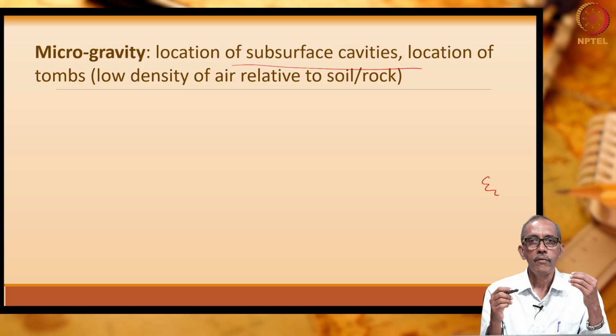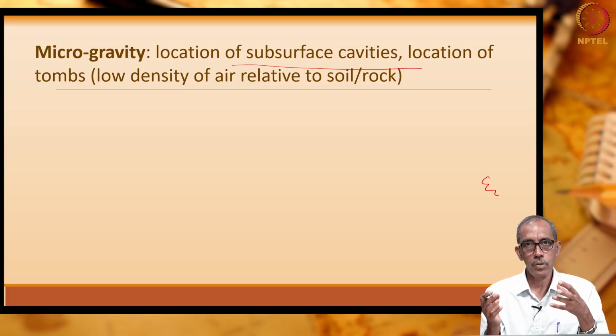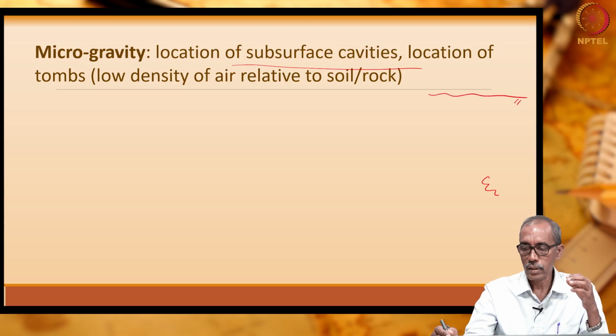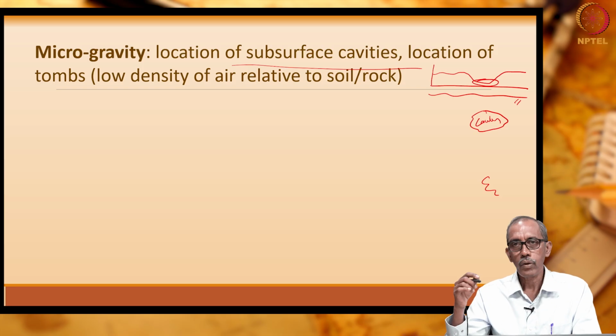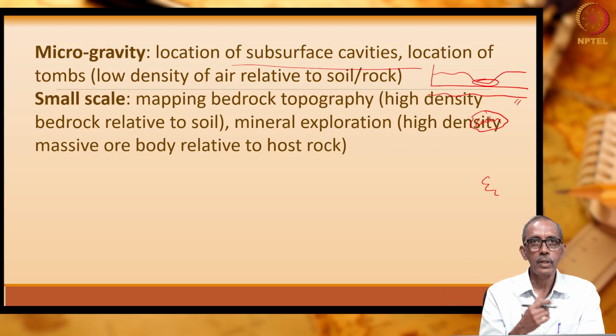Especially, the presence of bunkers or caves in limestones can be understood from gravity survey, because over the region where we have caves, this is the surface of the earth. Suppose there is a big cave here. When you carry out a gravity profile on the ground surface, gravity values will be a little lower just above this cavity. Gravity value is lower at this place. This kind of survey to identify smaller objects is known as microgravity survey.